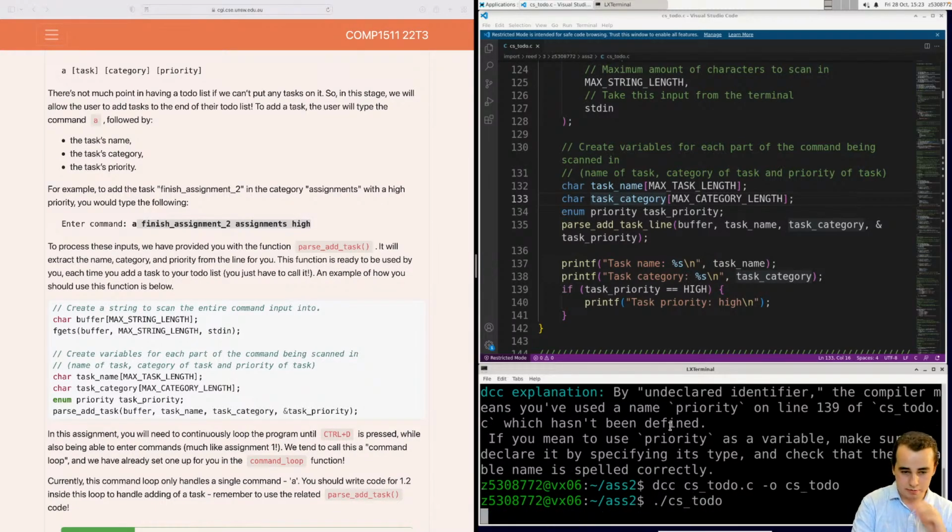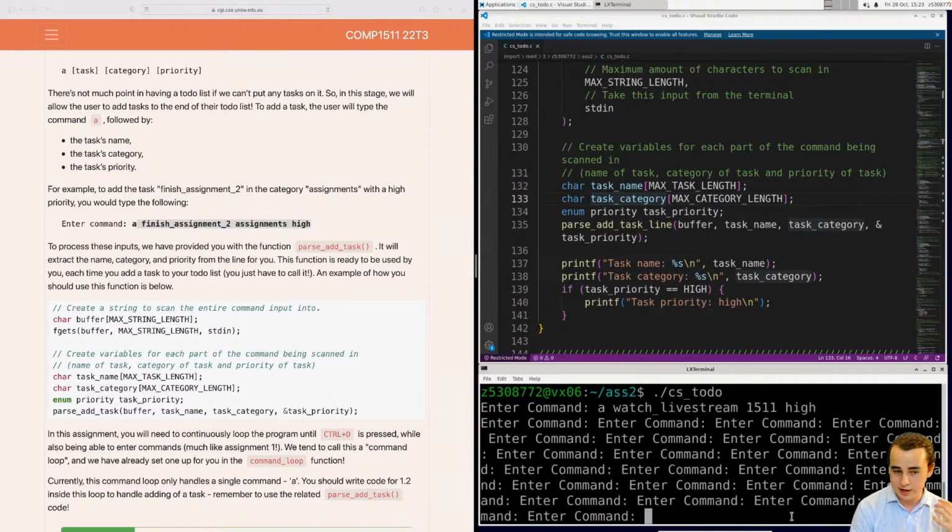Then what we'll see is that when we now do this add command, we're going to say A, and then we'll say, I don't know, watch live stream. And then we'll say it's for 1511, that's the category. So watch live stream is the name, 1511 is the category. And then the priority we'll say is high as well. So if I press enter now,